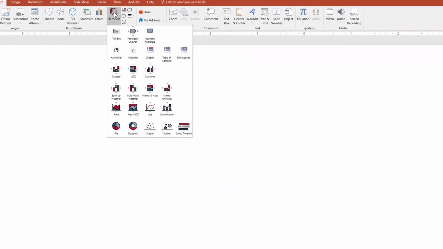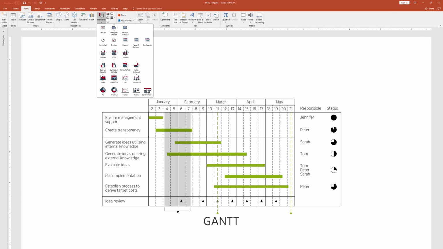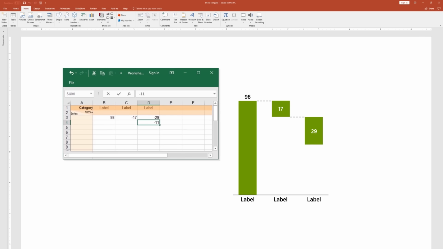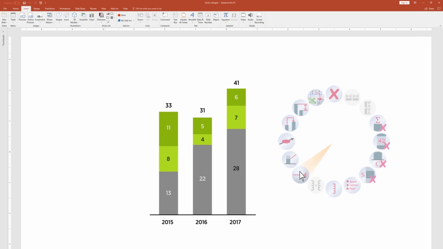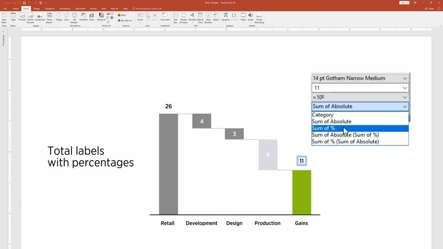Choose from more than 40 chart types, including stacked, waterfall, and Gantt charts. Place the chart on the slide and enter your data. Add annotations, such as series labels, total labels with percentages,